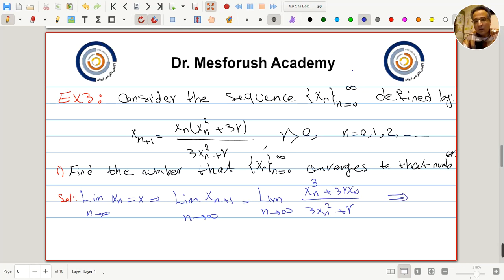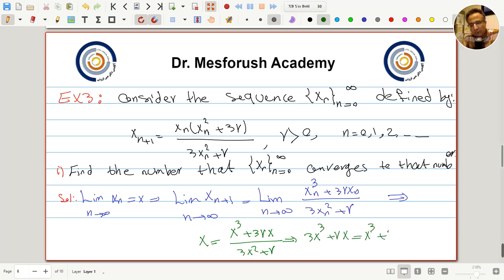Here the left side should be x, and on the right we have x^3, 3rx, and 3x squared plus r. If we multiply both sides by the denominator of the right hand side, we get 3x^3 + rx equal to x^3 + 3rx,